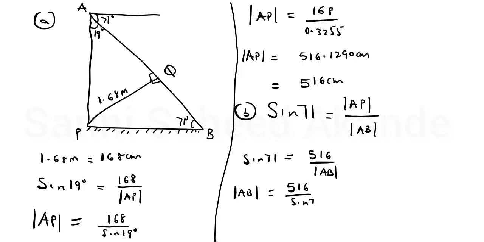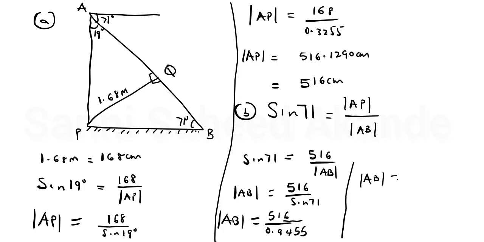So side AB, which is the length of the ladder, will be equal to 516 divided by sine 71, which is 0.9455. Understood? So let's continue here. Then AB will be equal to 516 divided by 0.9455, which will give you